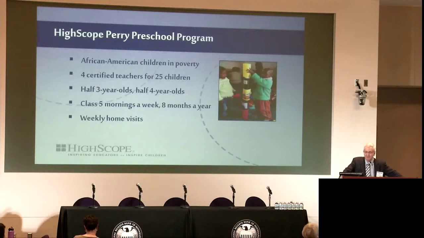One of the fundamental features of the quality of the program is there were 4 certified teachers for 25 children. There's two ideas packed into that. One is that they were certified teachers. They were typical public school teachers, and they were paid at typical public school teacher rates, actually 10% higher. And that's what it generalizes to. You'll notice there too, 4 to 25 is a pretty good ratio. I've seen one classroom in Ireland that had 4 teachers. I've never seen any others. But in any case, that's what this one had.